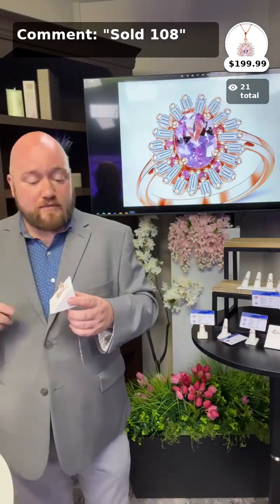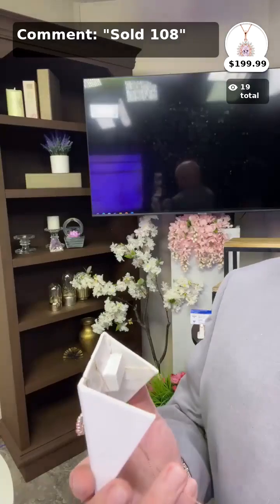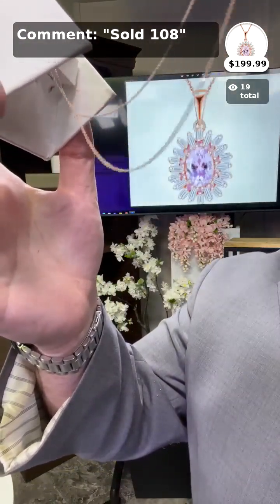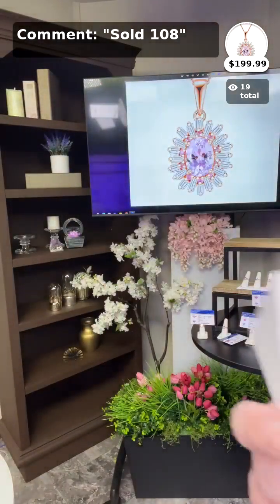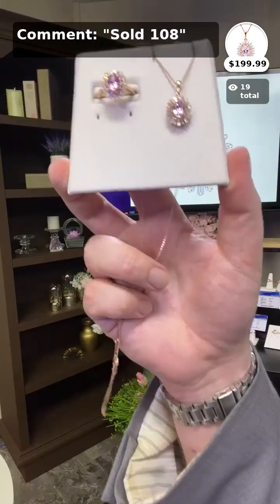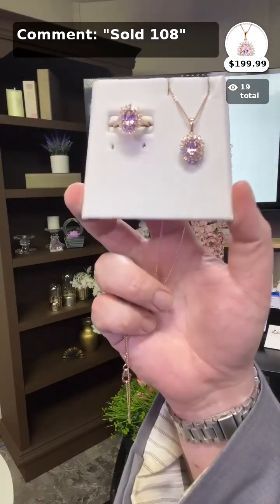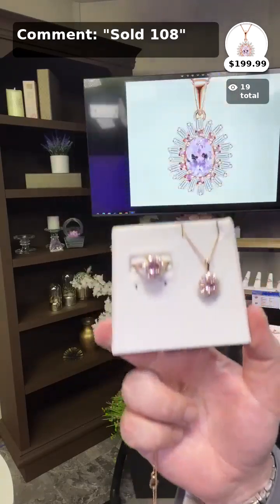Okay, and this one also comes with the 20-inch chain included. We're getting lucky with the chains in my show. As I said, they're not always included, but we're getting lucky so far, and we'll be sending home that sterling silver rose gold overlay chain along with your pendant. Beautiful 20-inch chain at that. We have similar carat weights on this one at 2.4 total gem weight. The other one was a 2.5 total gem weight. Yes, this is an 8x6 millimeter, 1.57 Martha Rocha Kunzite at the center, and this one also has your pink